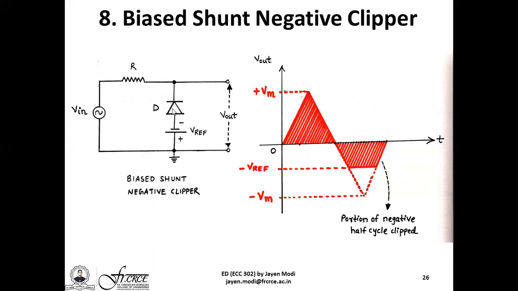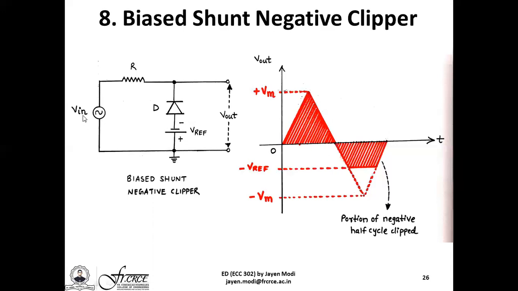When the diode is essentially reverse biased, it is behaving like an open circuit, and once it behaves like an open circuit, you have the entire positive half cycle from the input signals directly reaching the output terminal Vout. So here you have the entire AC input signal positive half cycle directly appearing across the output terminals itself. So you have the AC input signal changing from 0 to plus Vm and from plus Vm back to 0. You have the output signal also being obtained from 0 to plus Vm and from plus Vm back to 0.